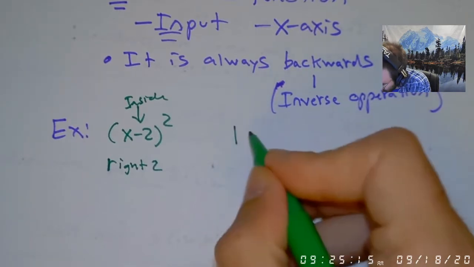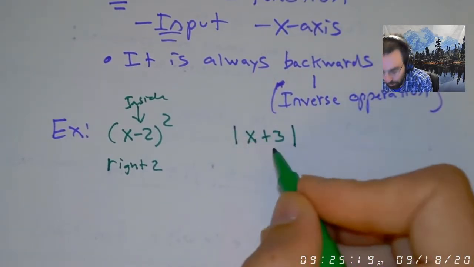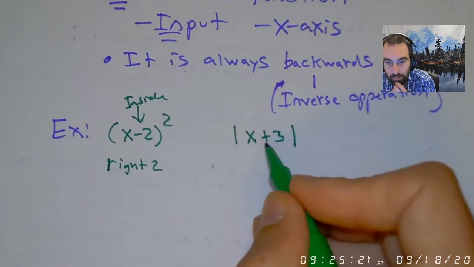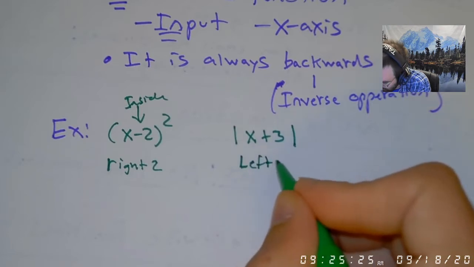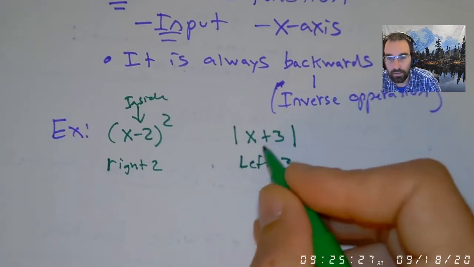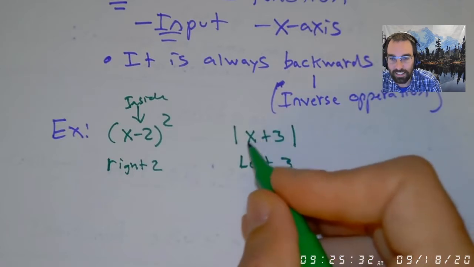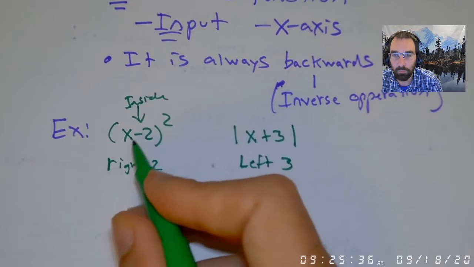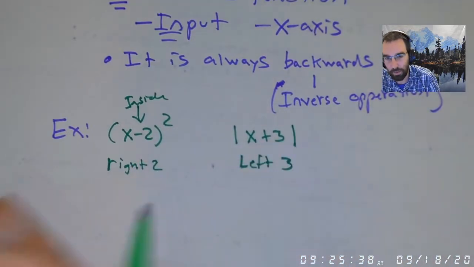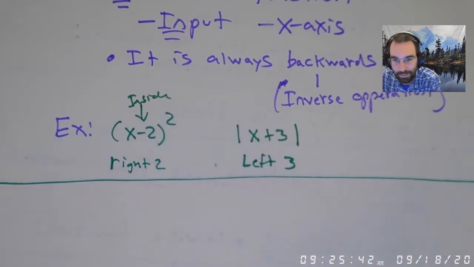Another example, I might have x plus 3, right? Again, I'm inside the absolute value. The inverse operation of positive is minus, so I'm going to go left 3. And again, it's shifted left 3 because I have to put in a negative 3 here to get to 0. It's shifted right 2 because I have to put in a positive 2 to get to 0, and that's why it's backwards. You're getting back to 0, getting back to the roots, getting back to the fam, you know? Getting back to the fam. All right, so